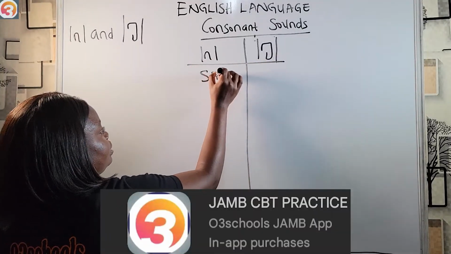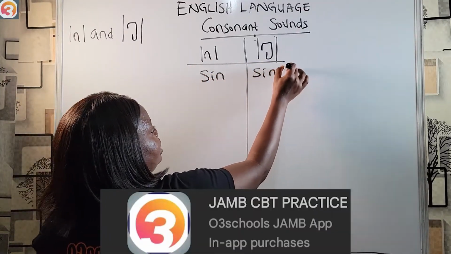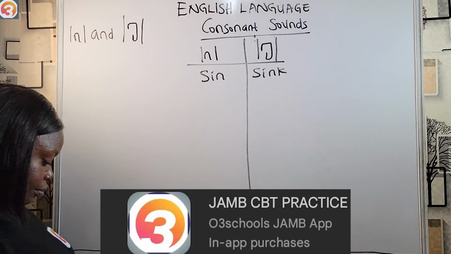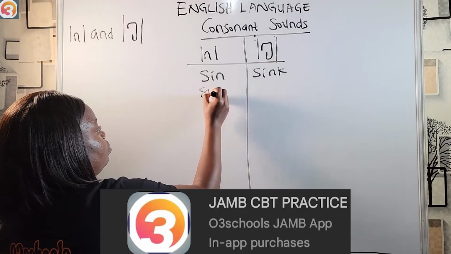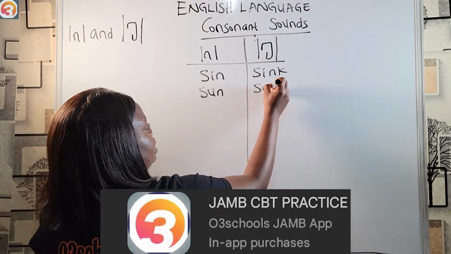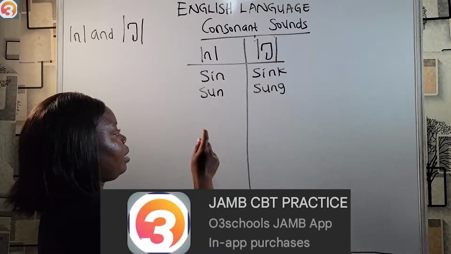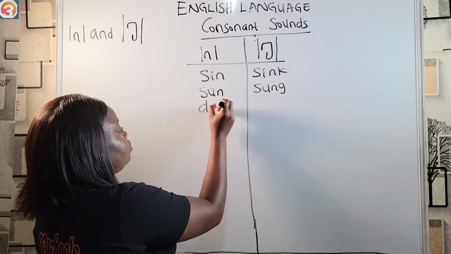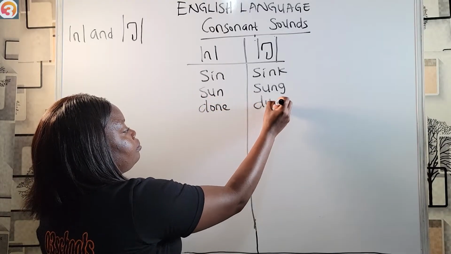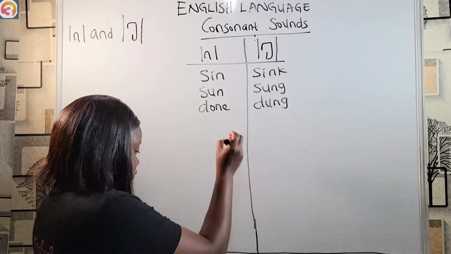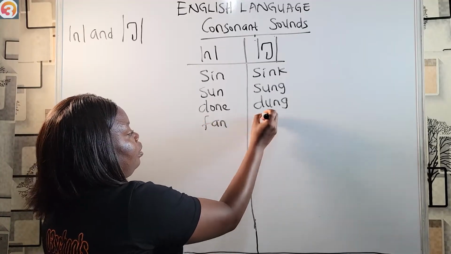Here you have sin, here you have sing, sun or sung, san, sang. So we have san and sang. We have dan, dang. Examples, we have fan, fang,